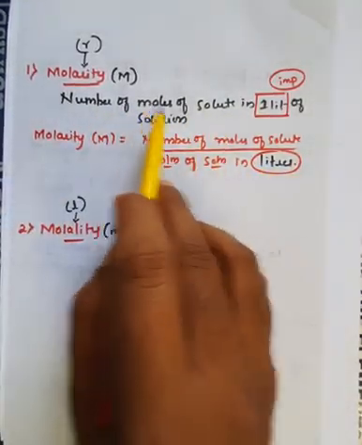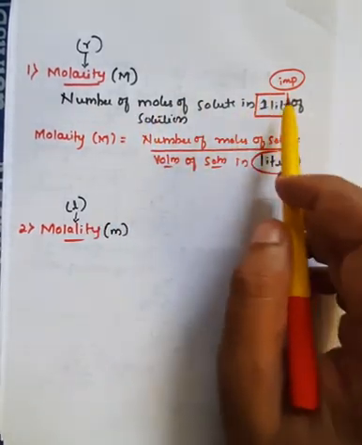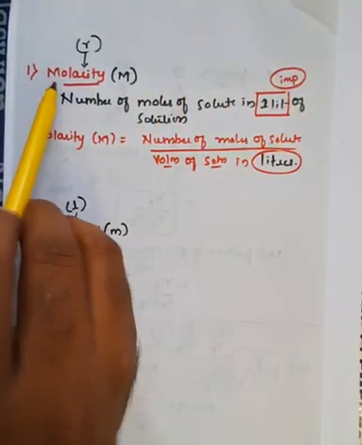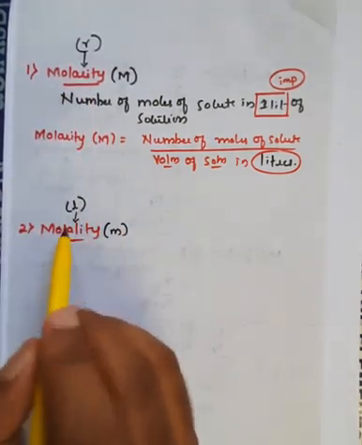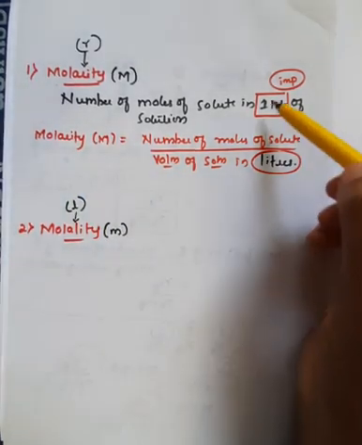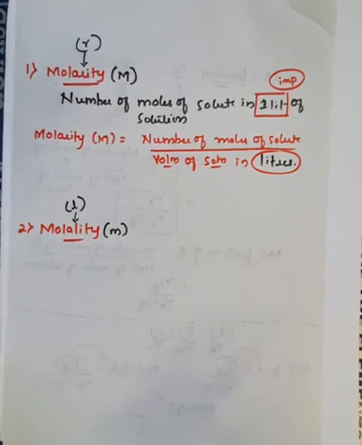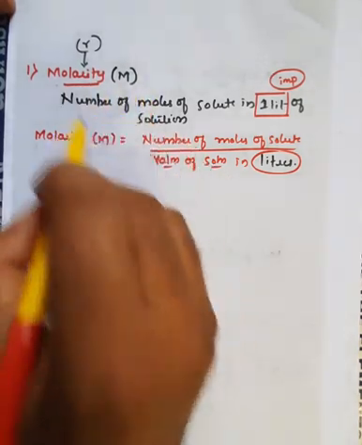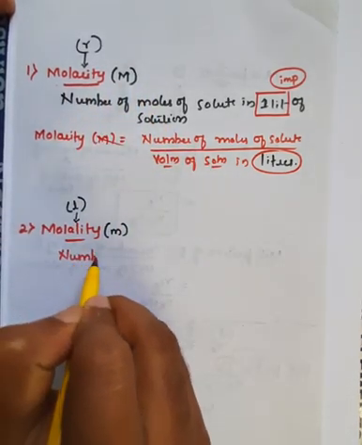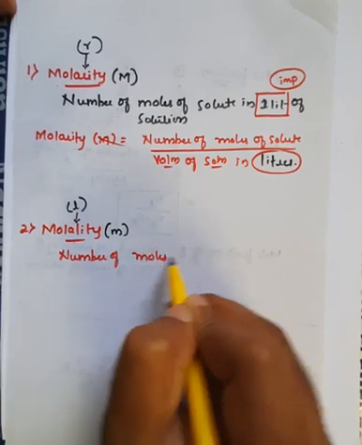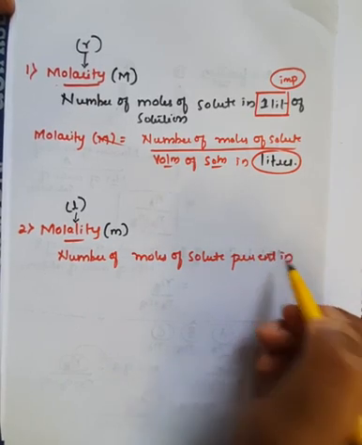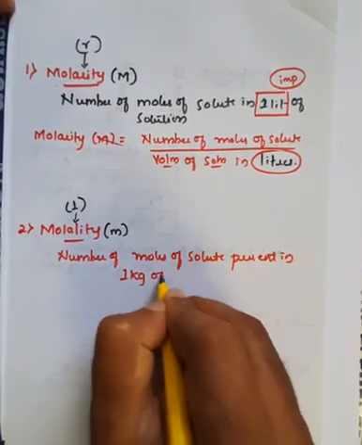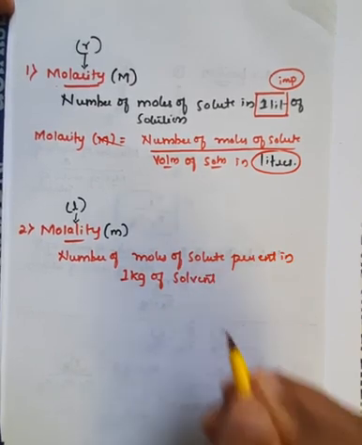So the number of moles of solute in 1 liter of solution, wherever we use 1 liter, will be recognized as molarity, and wherever we use kg, that is given in terms of molality, right? It is the same definition, but the only important change is that the liter is converted into kg, because 1 liter is not equal to 1 kg. 1 kg is different, 1 liter is different, right? So here the definition is given as the number of moles of solute present in 1 kg of solvent. It is called molality, right?